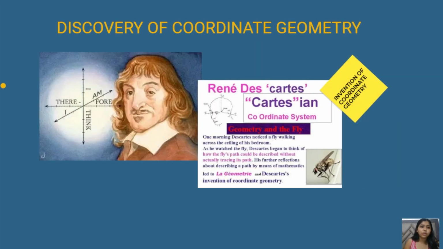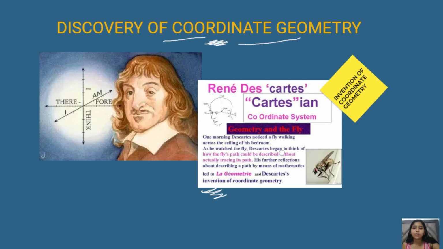First of all, I would like to tell you about the discovery of coordinate geometry, how it was actually discovered, and who the person is who invented this term, and who placed points and showed how to locate points or marks on the number line. This is the person whose name was Rene Descartes. He was the person who located points in coordinate geometry, and he was the inventor of coordinate geometry.